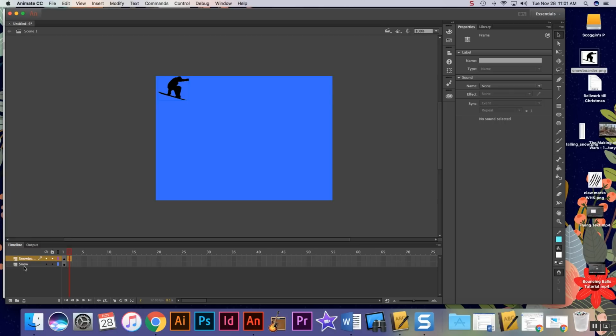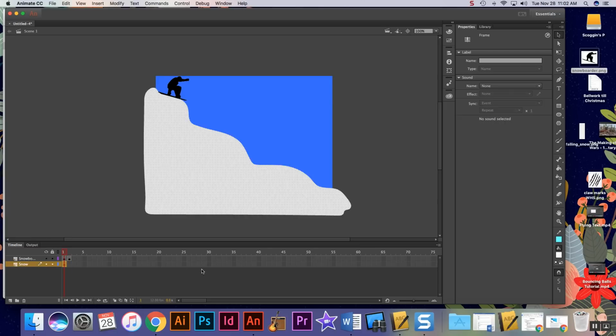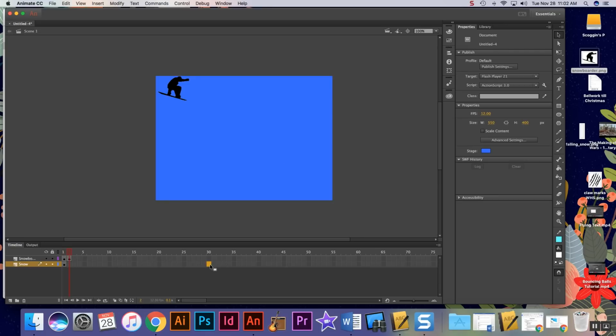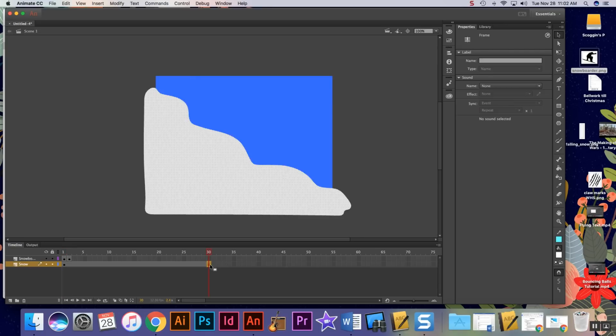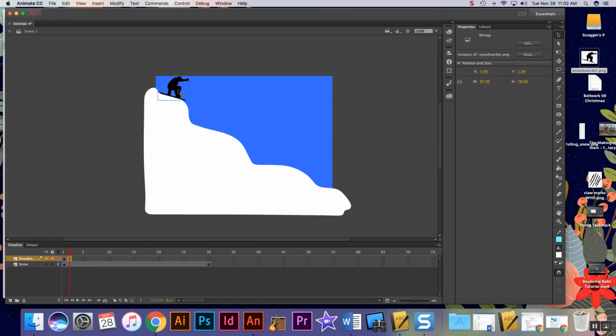Oh, what did I forget to do? I forgot to take my snow and extend it. So I'm going to take my snow on frame 30, and I'm going to hit F5 to make my snow exist the whole way down so I can see what I'm doing. My bad, guys. So here he is in frame 2, and I'm going to take him, and I'm just going